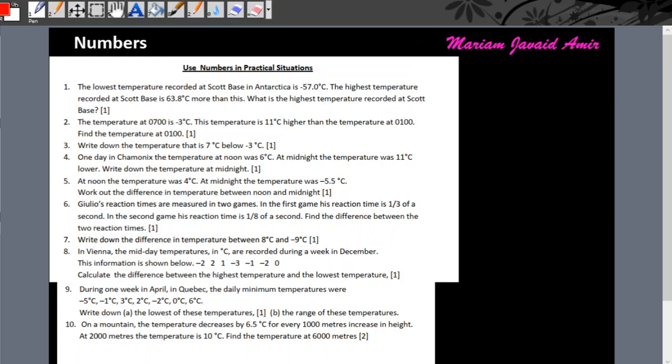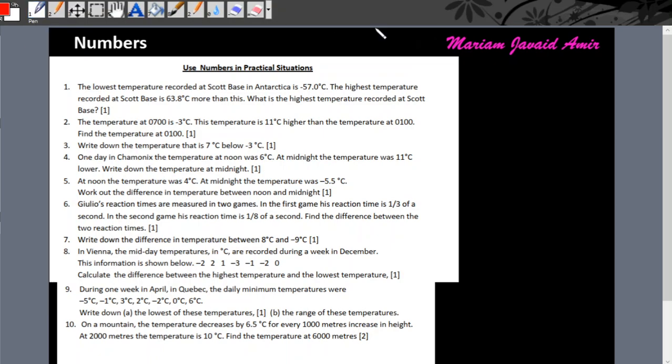Hey guys, we're doing a worksheet on numbers. So here are the first 10 questions displayed. This is from the subtopic numbers in practical situations. So let's start with question number 1,